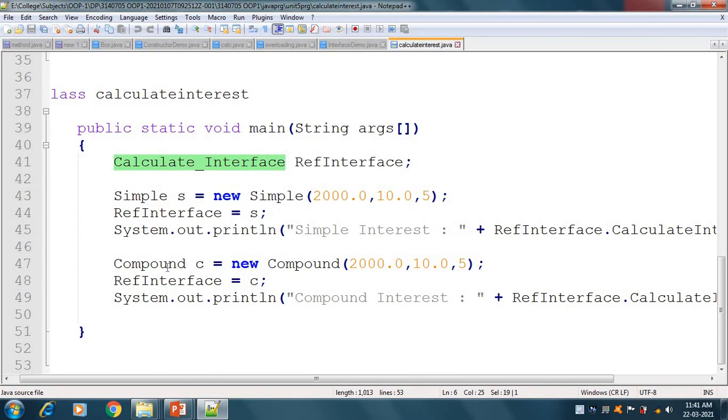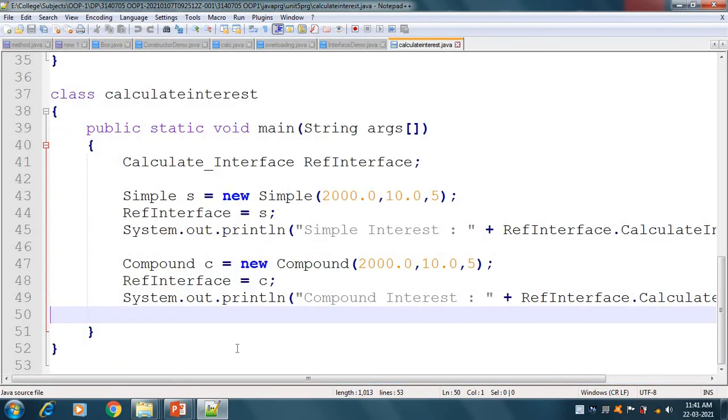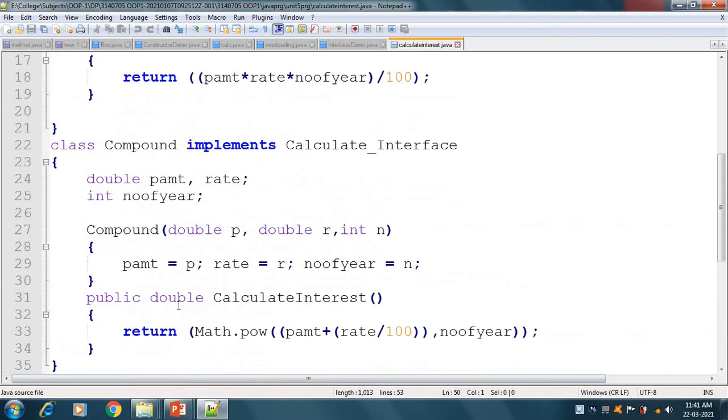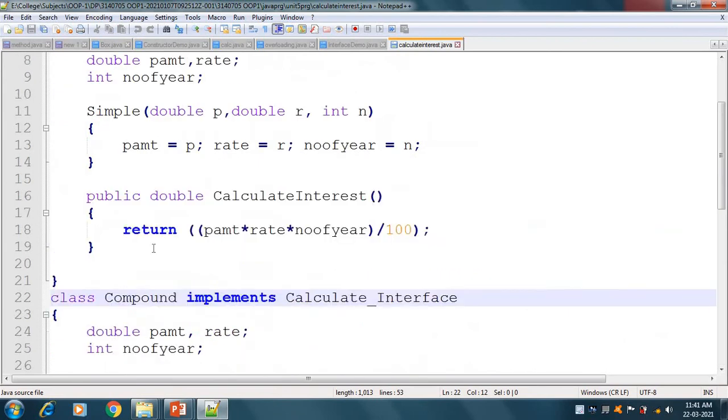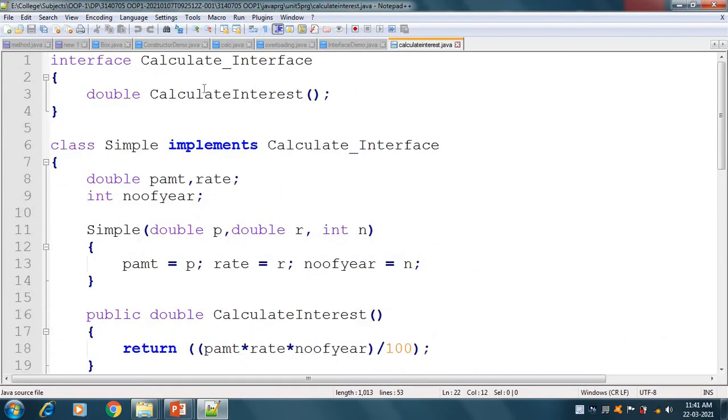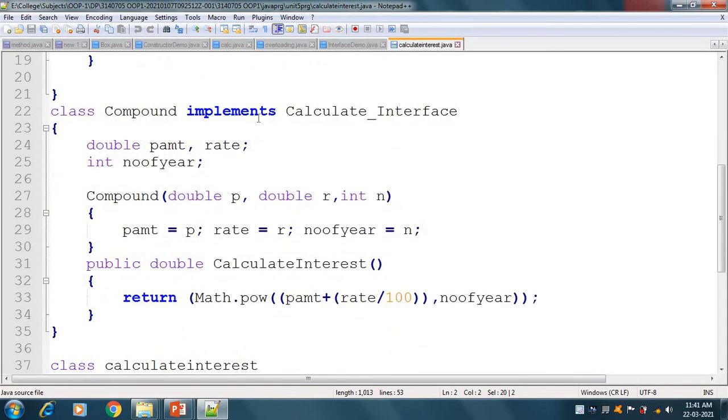In the same way, if we have another class, Compound, with object c and the values 2000, 10 and 5, then we assign that object to the reference interface. Again we can run the calculateInterest method of the Compound class with the reference of our Calculate interface, because that interface is implemented by the Compound class also.